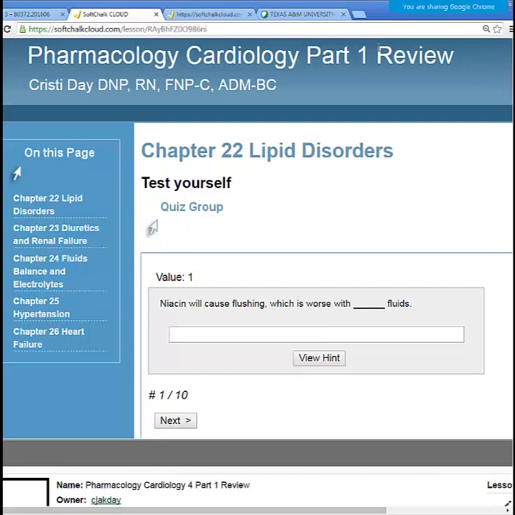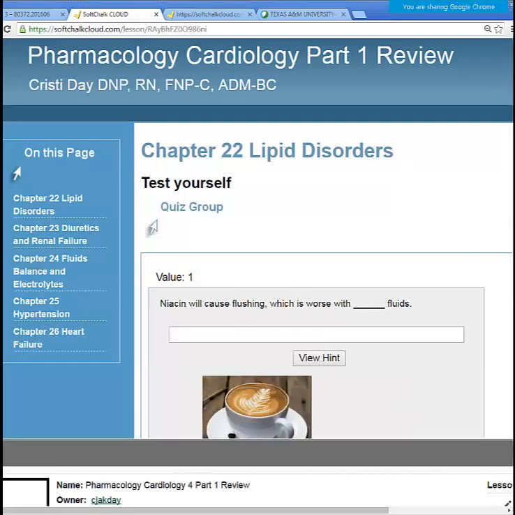Otherwise we'd have to come up with 100 multiple choice questions, and that is hard. We take a lot of time writing questions. It's not easy to do. So if this one is, niacin will cause flushing, which is worse with what? Fluids. So we're going to look at the hint here, and it says,